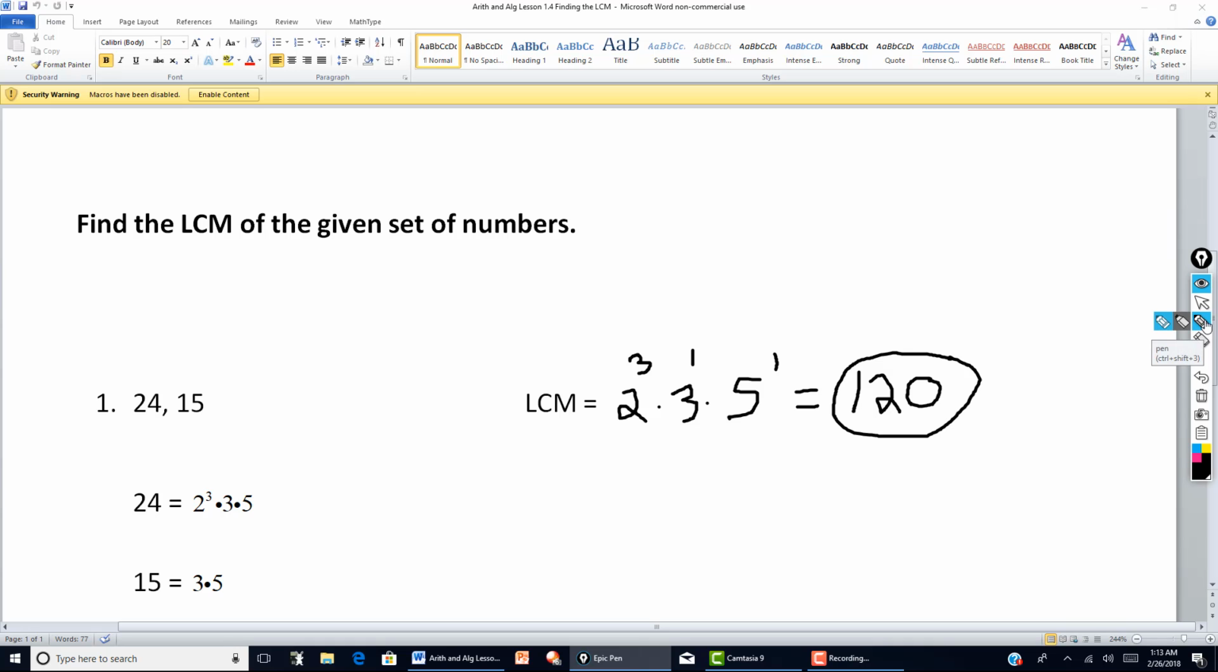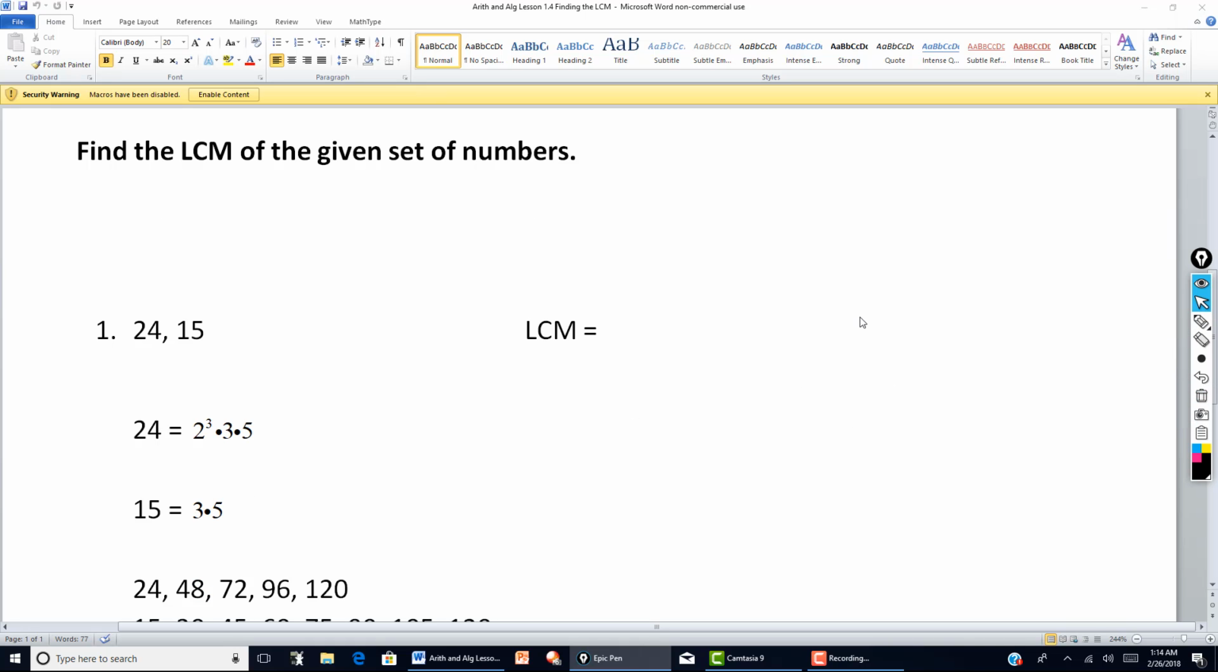Now, another way you could do it, and I recommend this way because it's the way you're going to do it with algebra when you get into algebraic expressions. It's not as easy when you have algebraic variables here instead of numbers. So it's much easier to find the least common multiple when you're dealing with algebra if you do the prime factorization. But in this case, since we're dealing with numbers, you could also do this